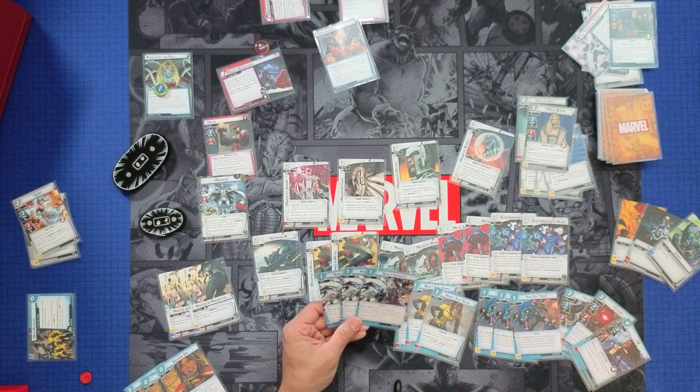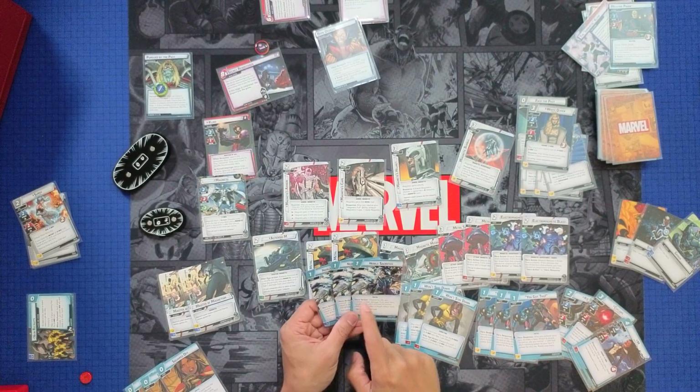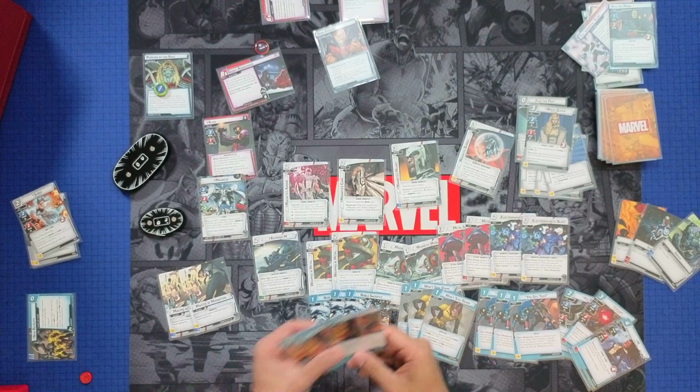Noble Sacrifice: discard an ally you control to heal damage from your hero equal to the printed ally's hit points and give your hero a tough status. This is really nice, especially when there's one about to be defeated. That's super cool. And then Squared Off, this is like the...